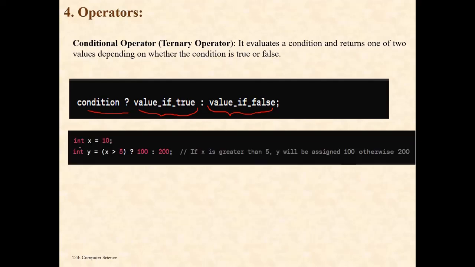If int x is equal to 10, this is the integer variable declared and its value is initialized at 10. The condition is x greater than 5. If this condition is true, then 100 will be assigned to y, otherwise 200 will be assigned to y.